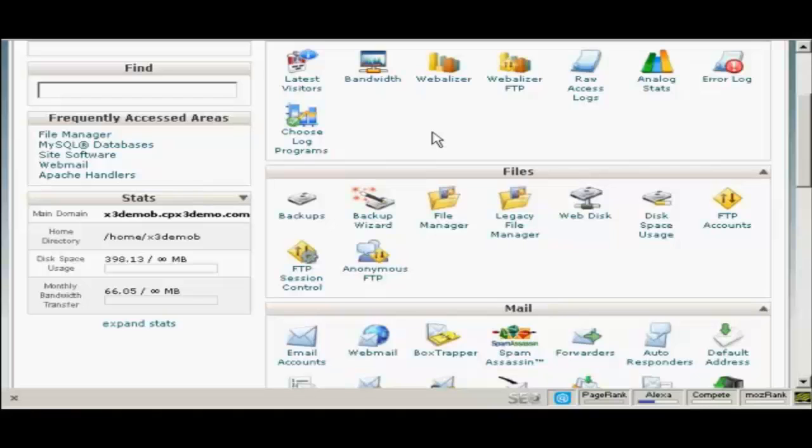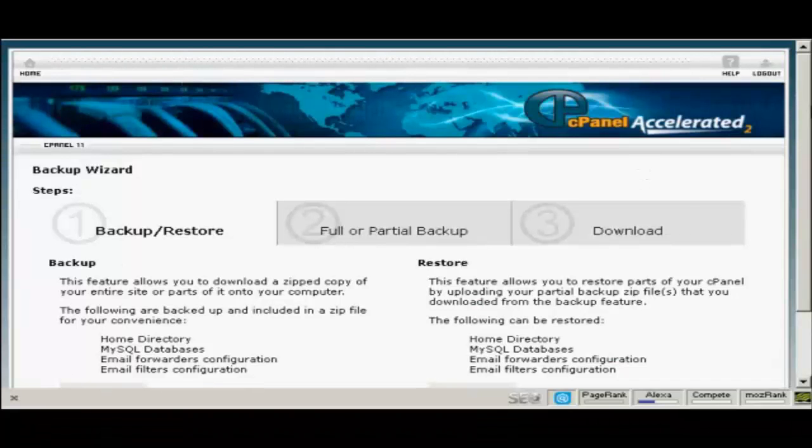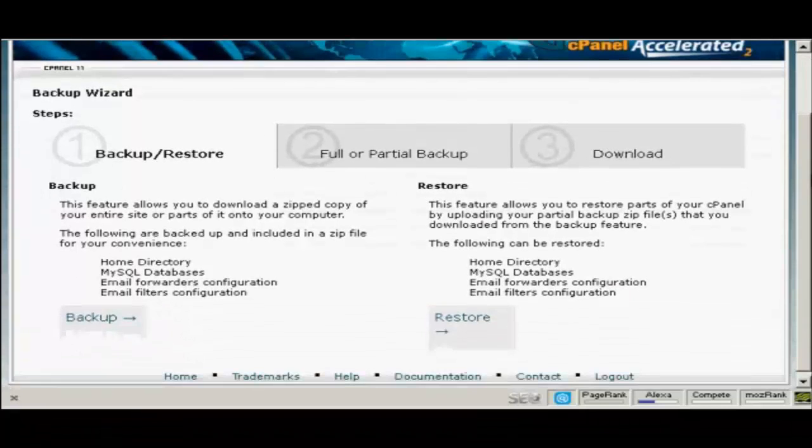Okay, in cPanel, come down here to where it says Files, and then click here on Backup Wizard. And it gives you the steps here. You can back up or restore. And what you want to back up, the two things that you need for your WordPress blog to work, are the home directory and the MySQL databases. The things like email forwarders configuration and email filters configuration are more to do with the actual running of your website. So we click on Backup,